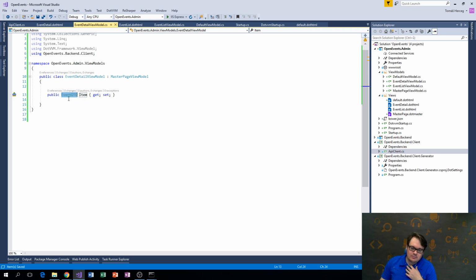So this type could be generic. Not right now, but maybe in the future I will need this. So I will use a generic name item, not event, because later I may save a lot of code by creating a generic view model for detail of some entity. And we don't need to initialize it here, but